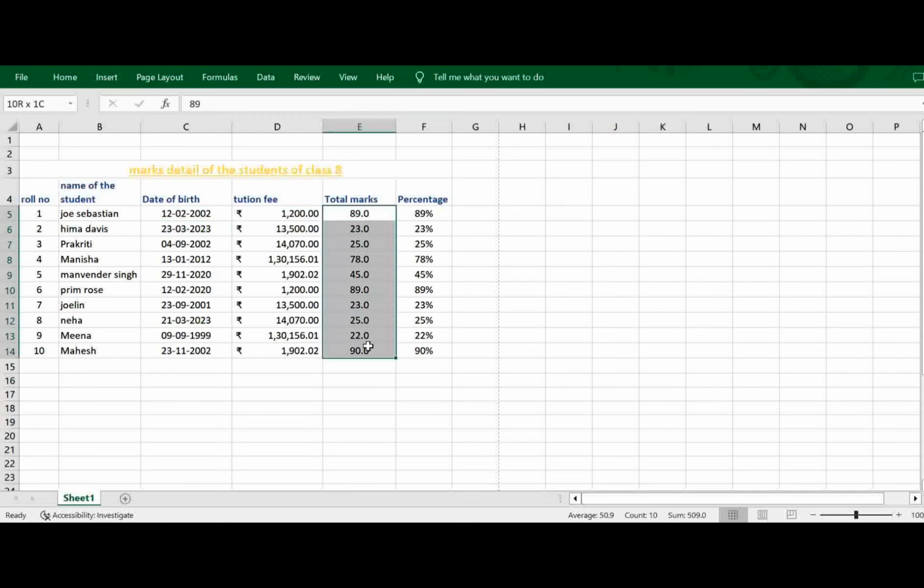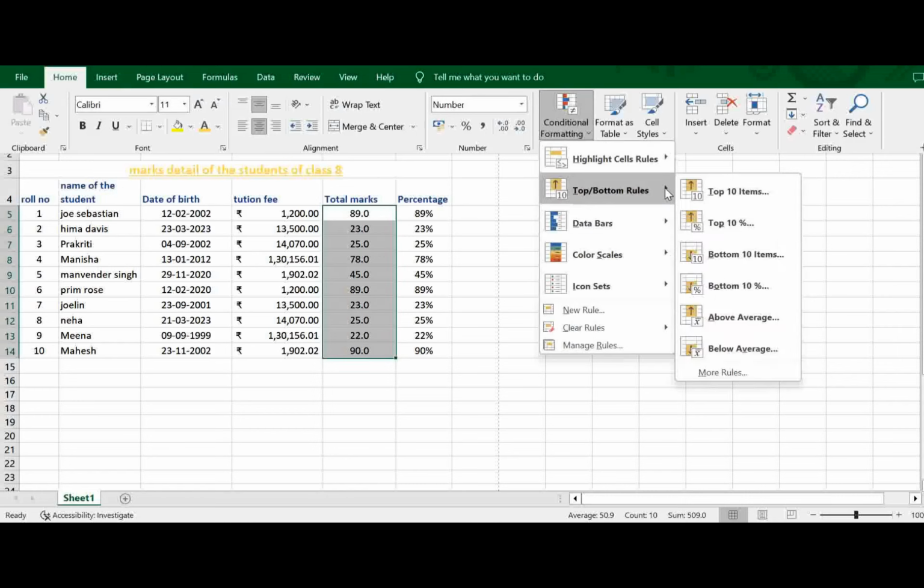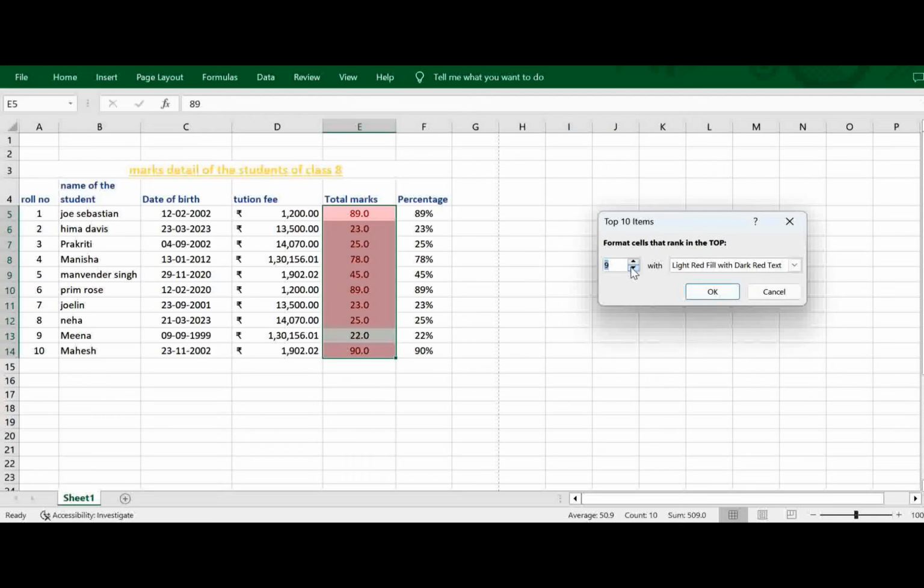Now I am choosing this total marks option, and then I want to apply a conditional formatting so that I can see the top 5 items or top 5 marks in the class. So I go to top 10 items, because I have only 10 values available here, everything gets selected, and I want to see the top 3 rank holders in the class. So I say top 3 and fill it with